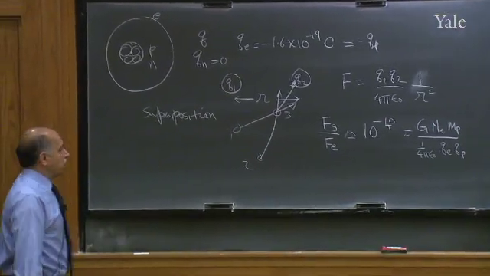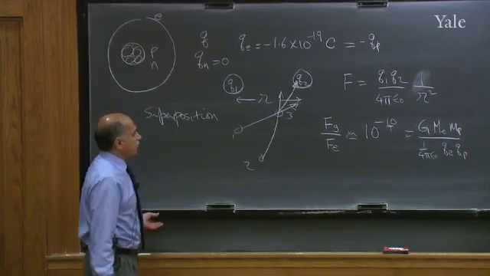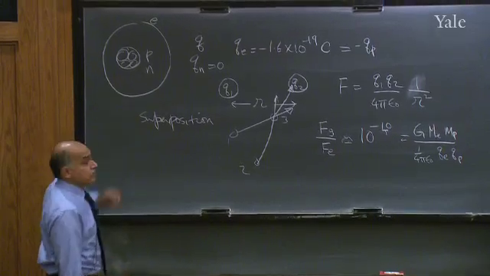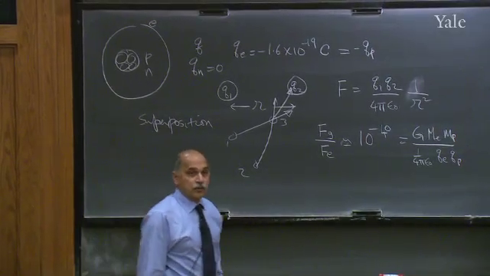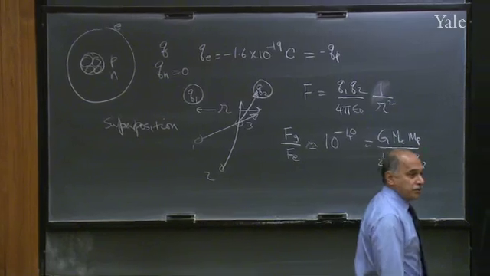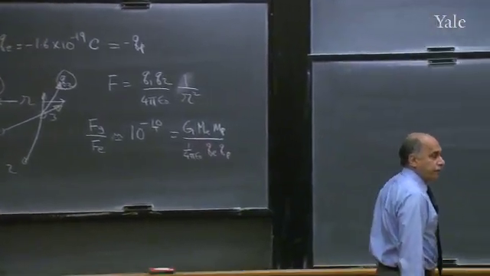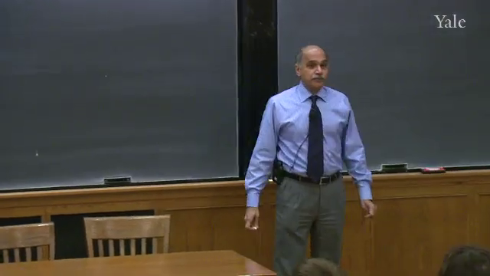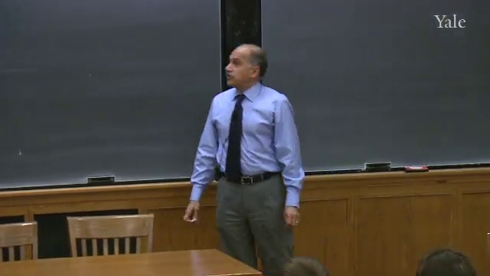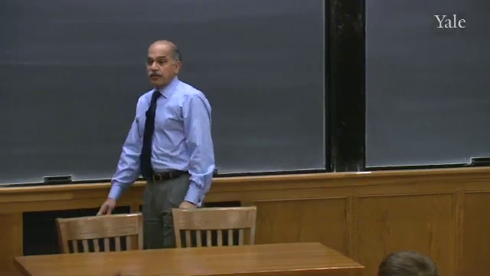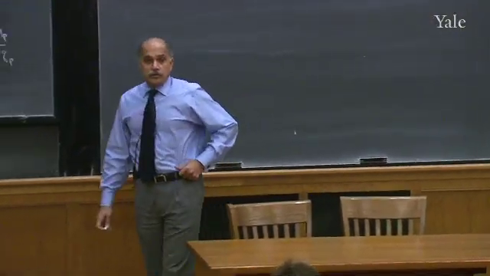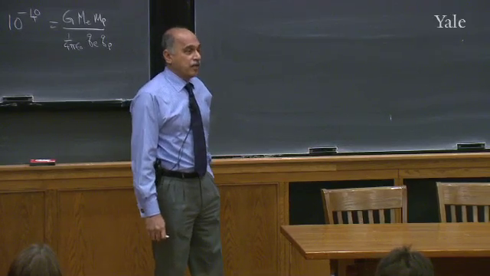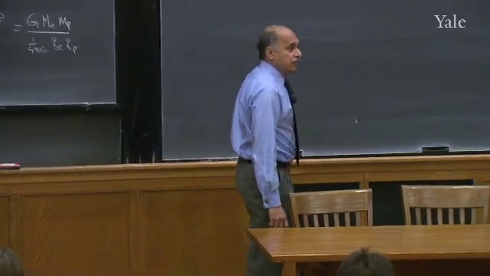I want to mention one thing. It may be interesting for you to think about. Look at this nucleus. Nucleus has a lot of protons in it. And according to Coulomb's law, they all repel each other. And the neutrons, of course, don't do anything because they have no electric charge. So you should ask yourself, why are all these protons staying together inside the nucleus if I don't see any